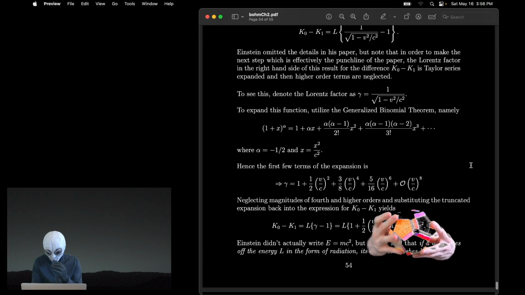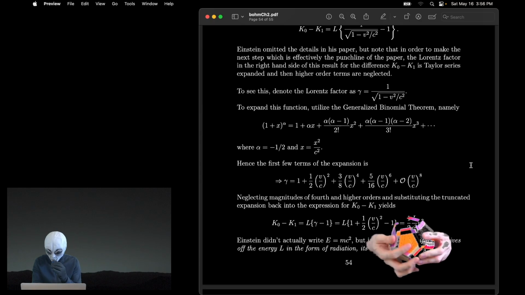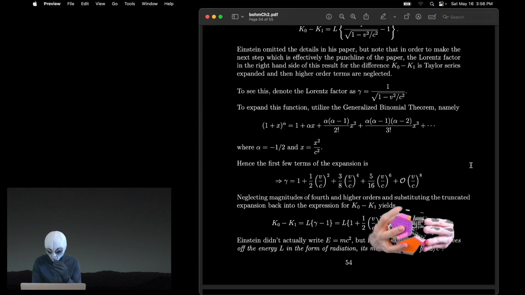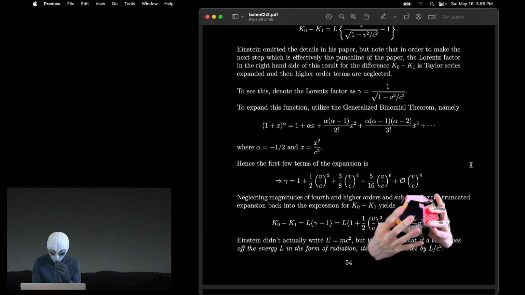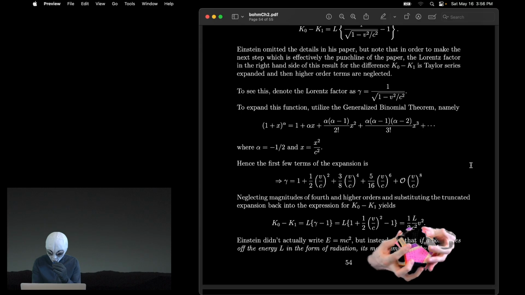To see this, denote the Lorentz factor as gamma equals 1 over the square root of 1 minus v squared over c squared. To expand this function, utilize the generalized binomial theorem. Namely, if we have the quantity 1 plus x to the power of alpha, then this expands as